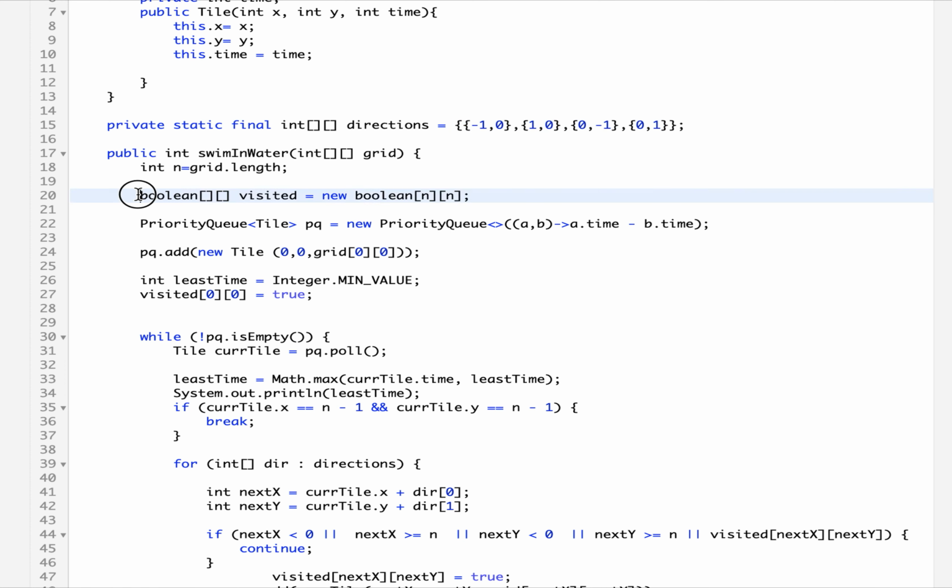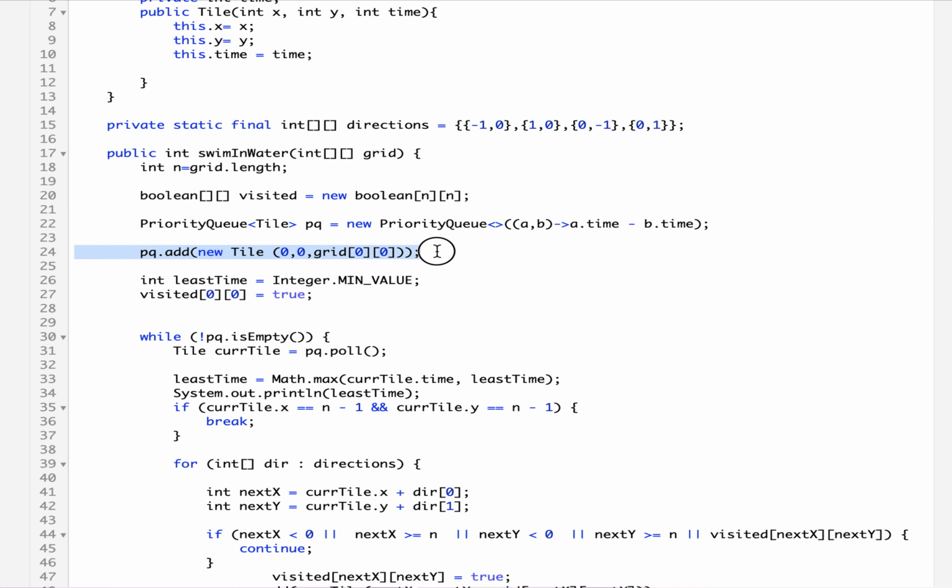I have created another array of size n cross n of data type boolean so as to let me know whether I have visited this node in the past or not. I defined a priority queue of generic type Tile that returns me the least time elapsed node whenever I pull out elements from it.